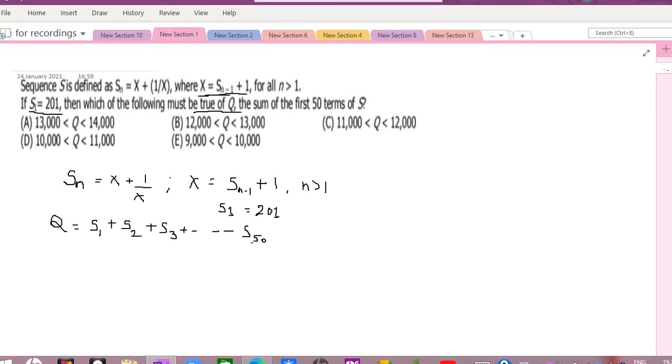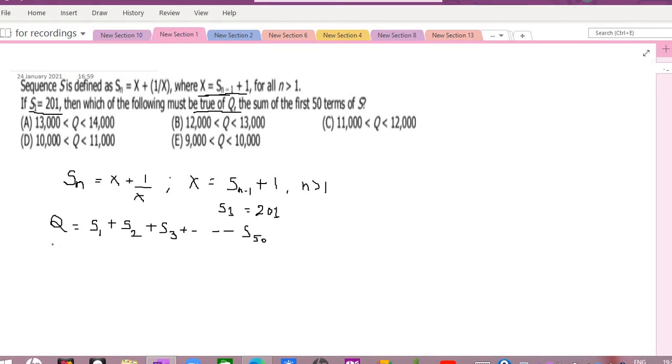Now don't worry, you don't have to calculate all that. All you have to do is just find a pattern and do a little observation. They know that you are not provided with a calculator, so don't worry about it. Let's just observe. Now that you have your S1, can you